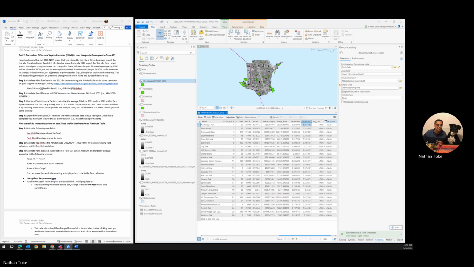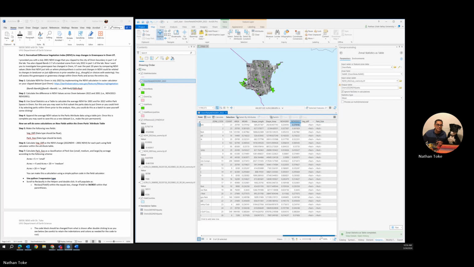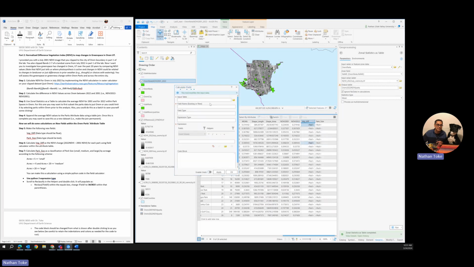Is this? Okay. So we've got our table getting so long, it's trying to cut me off. All right, so I've got my two new fields. That was step 5. Step 6, calculate veg diff as the change using the field calculator within the attribute table. So we just right click, say calculate field, and we scroll down, and we want to say 2022